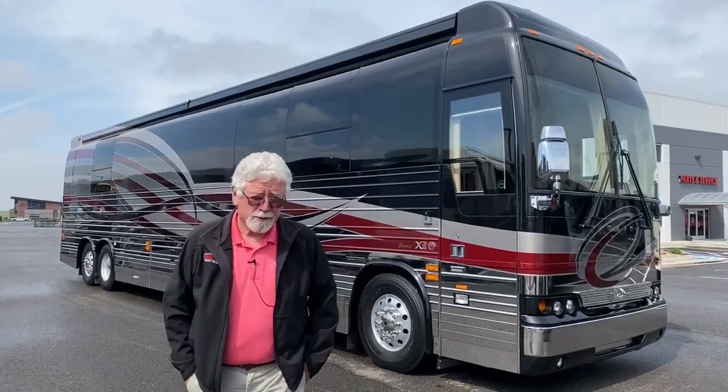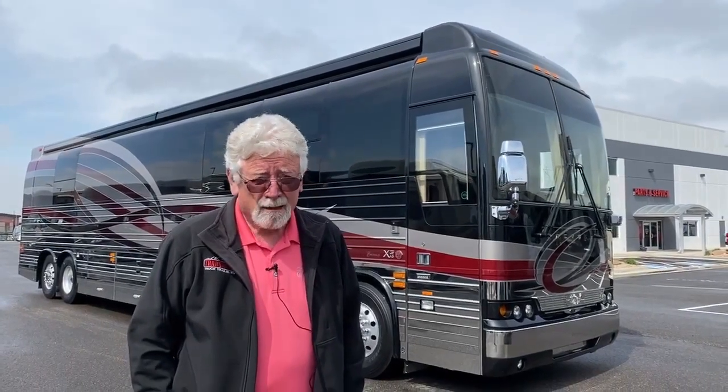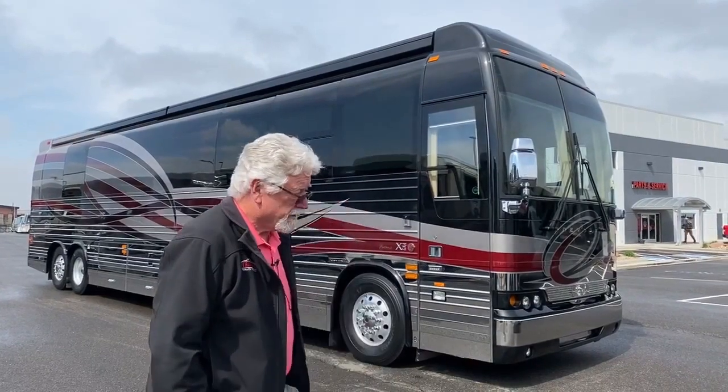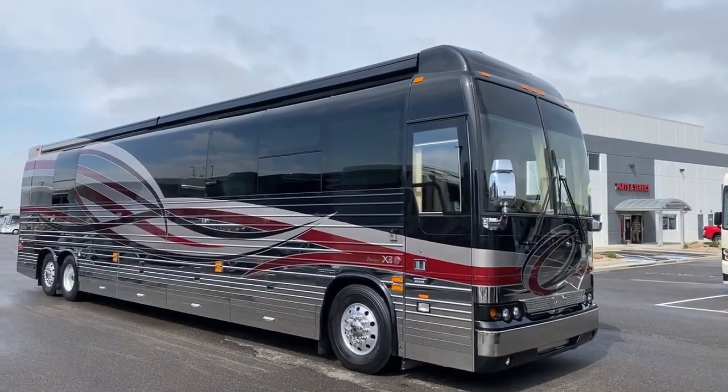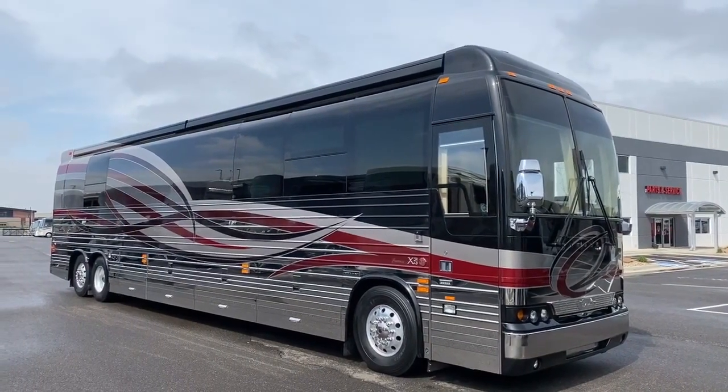My name is Brad Nerhus, and I am the Prevost rep for Transwest. The sun came out here in Colorado today, and we're here to show you a really nice late model Emerald Prevost that we just took in on trade. It's a 2017 Emerald luxury coach, 45-foot double slide